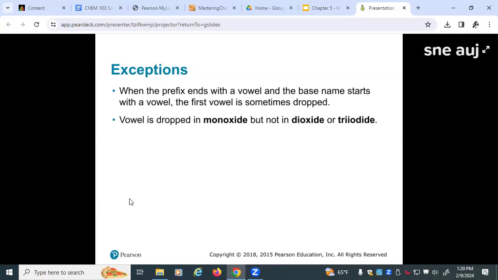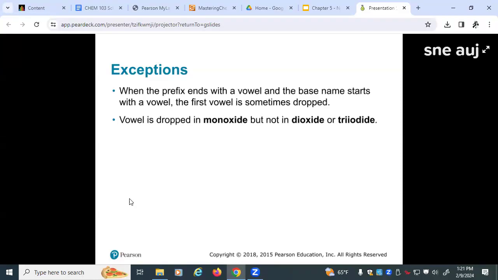And carbon monooxide doesn't sound quite right. So in that case, to avoid that double O sound and confusion over it, one of those O's gets dropped off. Monoxide ends up being the name from that. And that's really the place where we see it the most often,